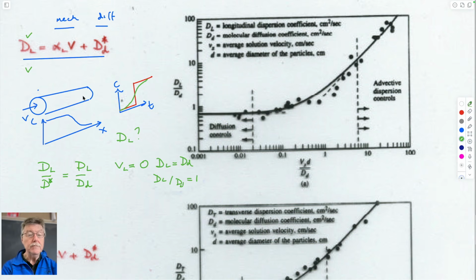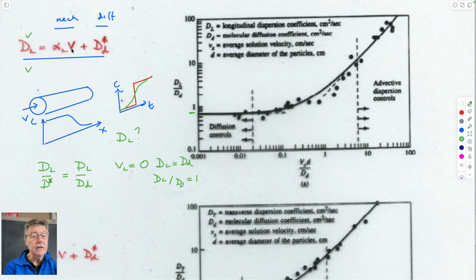So when the velocity is 0, it won't be that it travels at 0 velocity, because it will diffuse by Fick's law. So you'll see coming out of it the fact that it's diffusing at some rate, which will be the diffusion rate dd, and so this ratio will be equal to 1. As you increase the velocity, then all of a sudden at some magnitude,